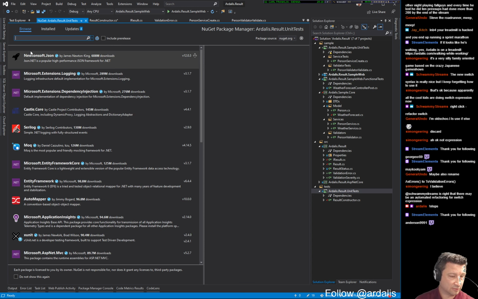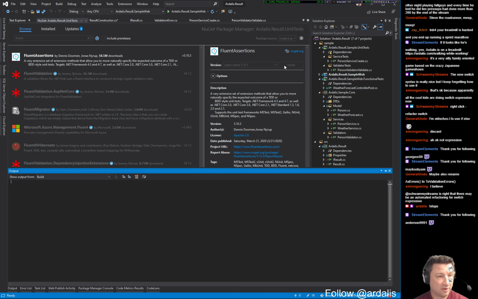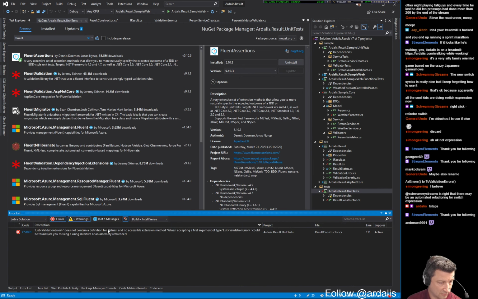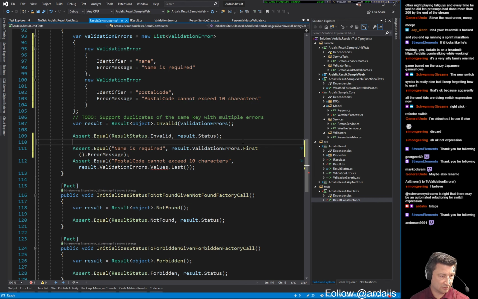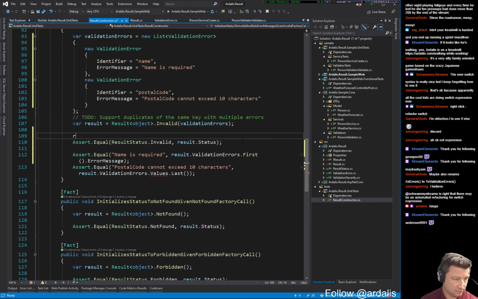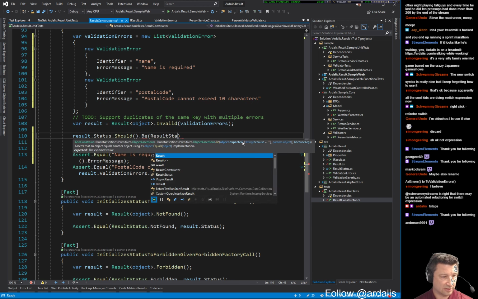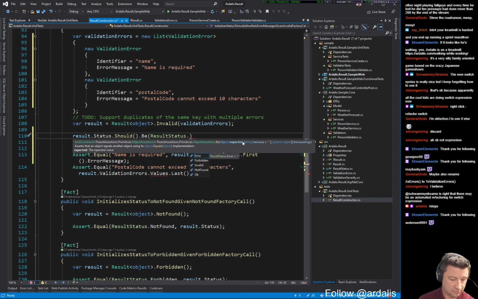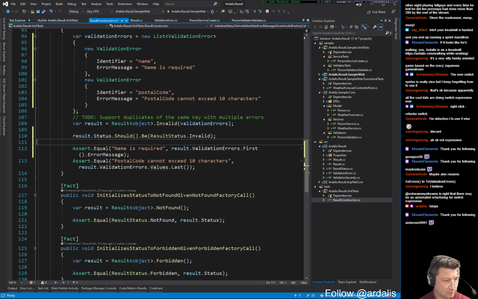Browse. Fluent Assertions. Sorry, that's what I want. Because now I can say result.status.should.be, result status dot, I can't see, invalid. And then